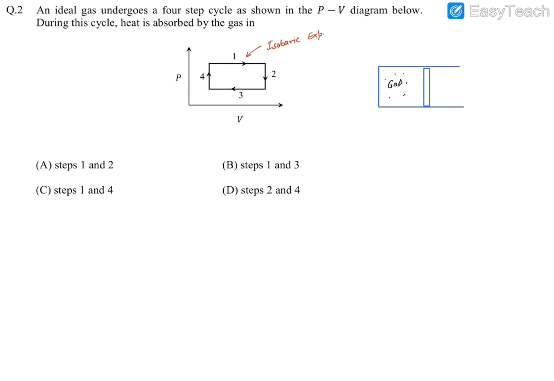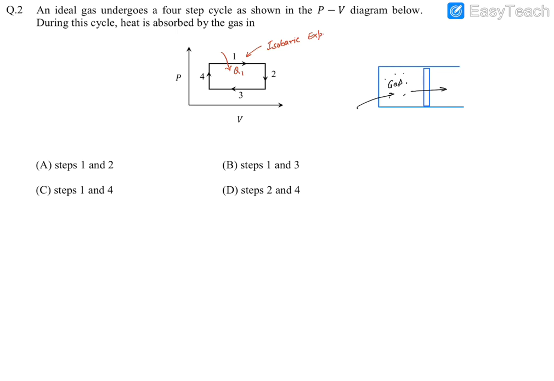Since expansion is taking place, that means it is expanding. So when there is expansion, there must be some heat coming from outside if it is not adiabatic, right? So heat is going to be there. It's isobaric, so heat must be supplied to the gas. We show symbolically like this, heat has to be supplied in this process, that is one process.